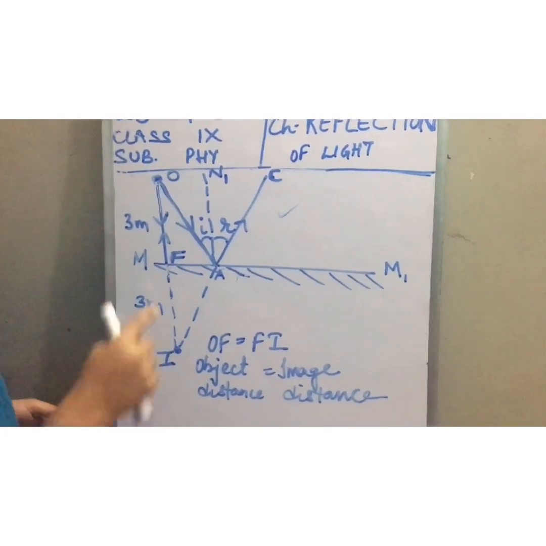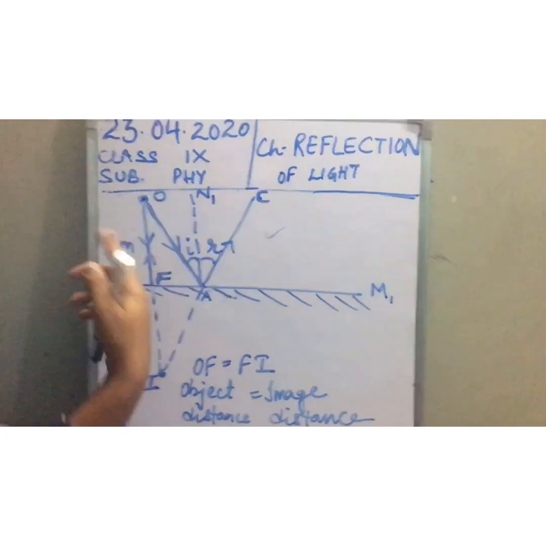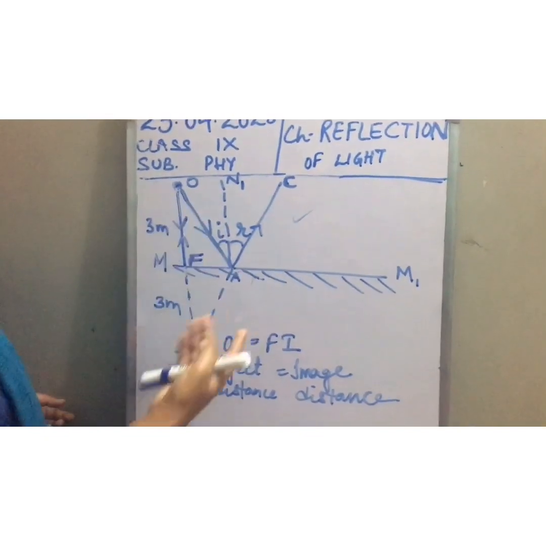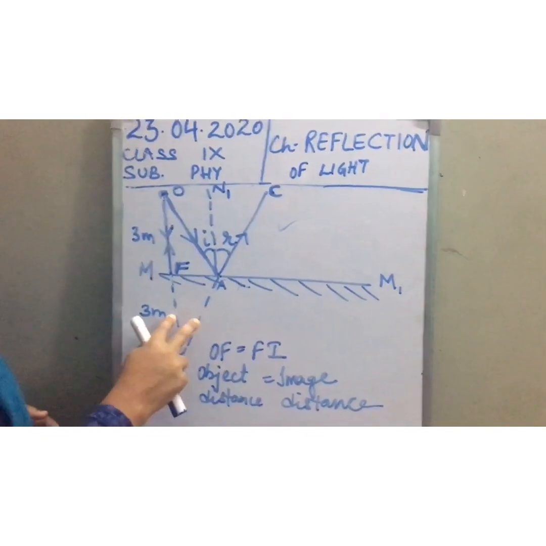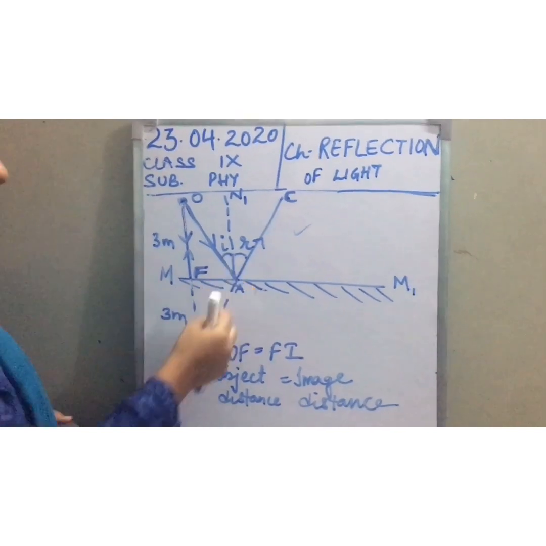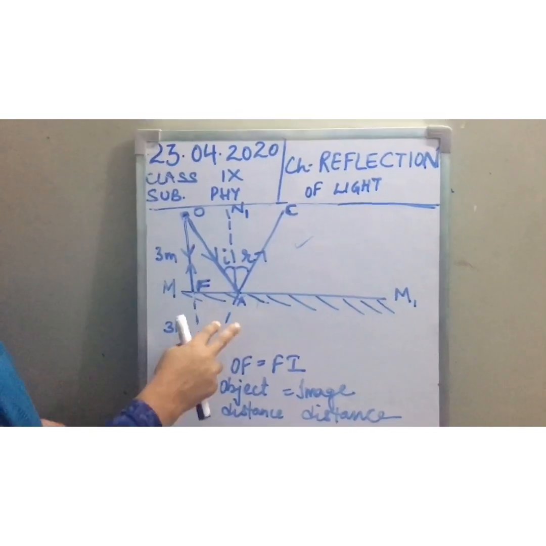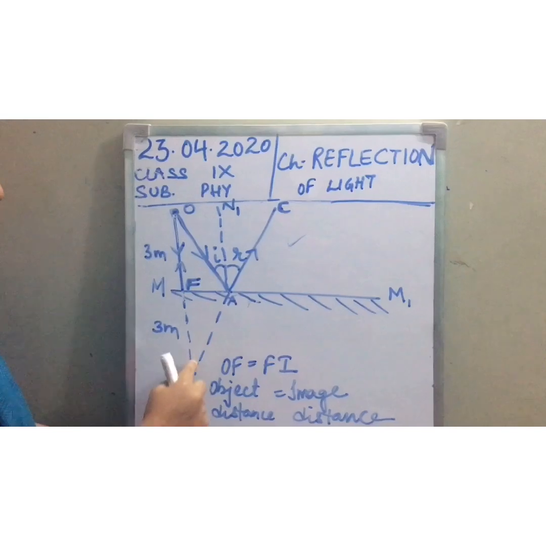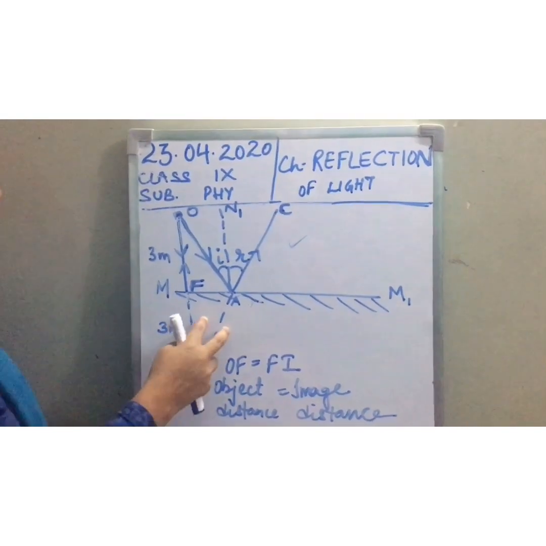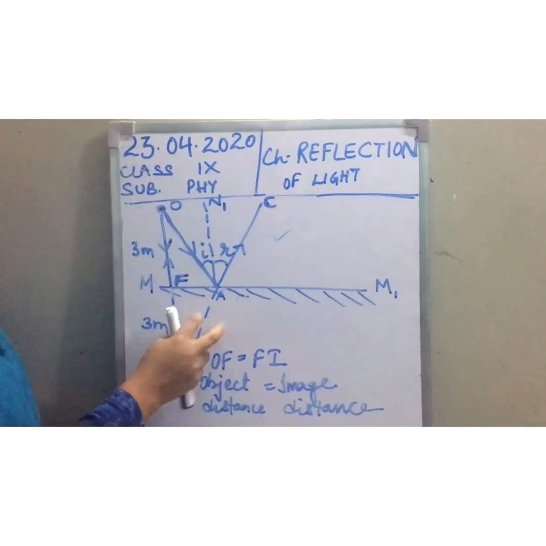Otherwise, you will get no marks, because through these arrows only we get to know where the incident ray is and where the reflected ray is. Secondly, you are not allowed to draw the extended rays, which are virtual rays, with bold lines, because only through dotted lines will we know that they are not real lines, they are virtual lines.